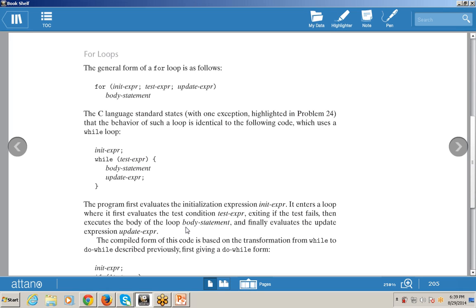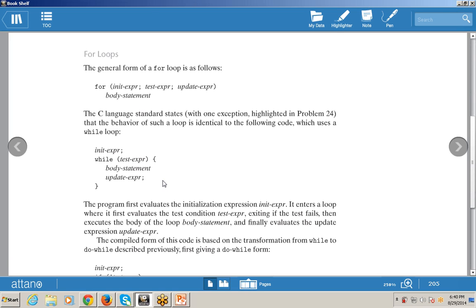Then it executes the body of the loop, that is, the body statement, and finally evaluates the update expression. So first of all, initialize the value, then check the condition. If the condition is true, execute the statement, then increment or decrement the values of the expression.